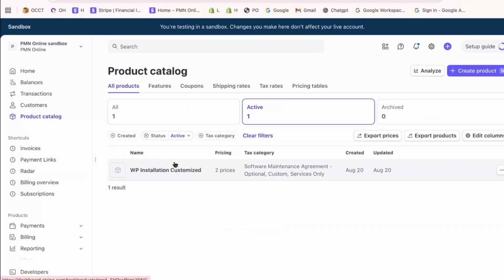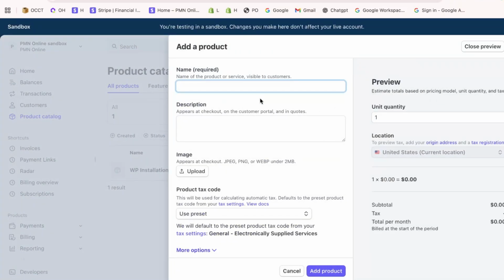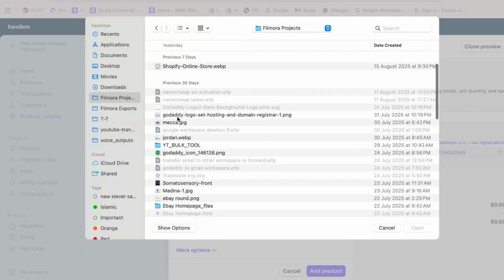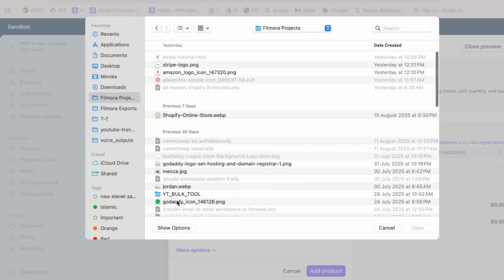To create a new product, select Create Product. This action will open up a form where you can input the details of your product. Begin by entering the product's name. Make sure it's clear and indicates exactly what the product or service is about. Next, add a description. This is an excellent opportunity to provide additional context and highlight the unique features or benefits